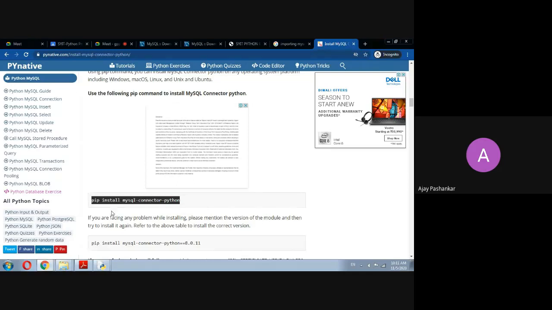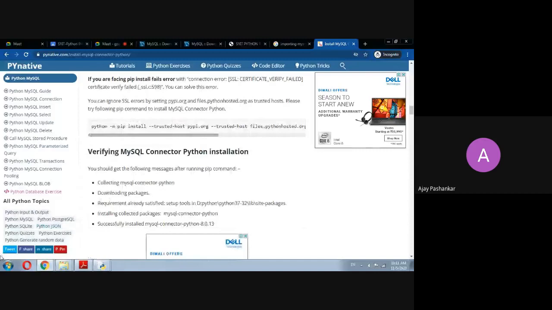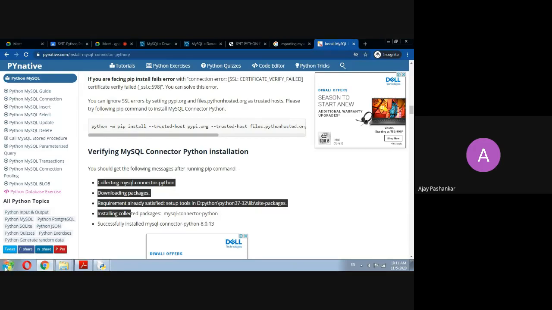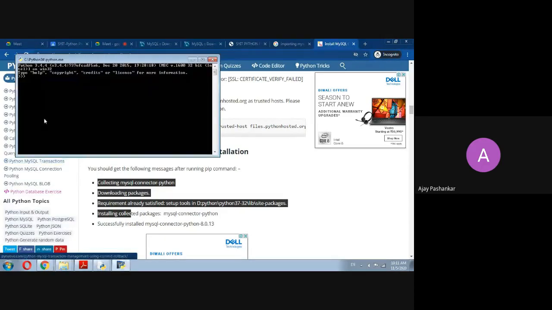If you are facing any problem with these issues, just verify the MySQL connector Python. What are the suggestions they have given? Collecting mysql-connector-python, are the requirements there or not? Just opening the Python command line.